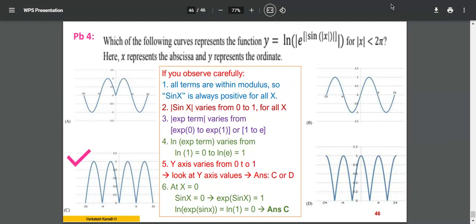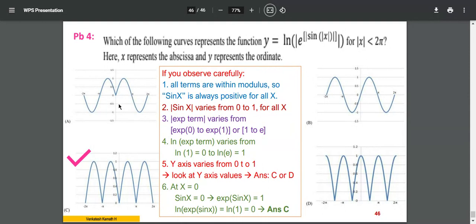In the second way of thinking, I have straight away observed the zeros, there is some strategy. Zeros at the intersection here, the x-axis and y-axis intersection at x is equal to 0. There is some difference I can see. Here it is 0, here it is 0, and here also it is 0. Then I'll put x is equal to 0 and calculate. It is possible because sin 0 is 0, e power 0 is 1, ln of 1, then y is equal to 0. Ln of 1 is 0, right? Y is equal to 0.